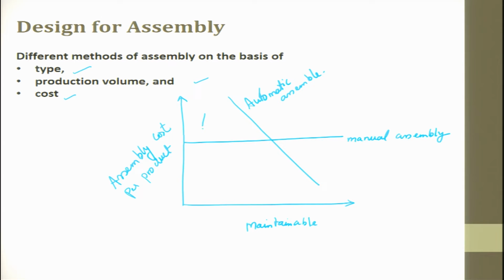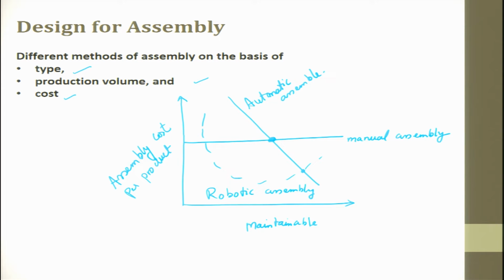And for robotic assembly, the cost is going to be something like this. For manual, the cost is constant. When you try to automate, the price is going to fall down drastically, and when you try to do robotic, if it is small parts, it is going to be expensive, and if the production rate is high, then the cost is once again going to go high. So, you have to see where the break even point is